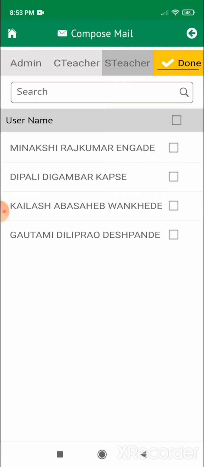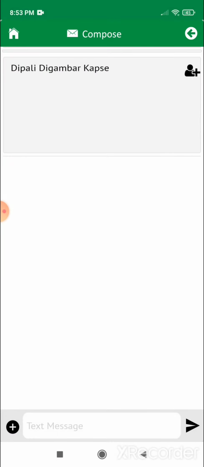Now you have to select the name of the teacher of the subject for which you are going to upload the answer sheet. Suppose you are going to upload the answer sheet of English and your English teacher is Deepali Kapse. Then you have to select Deepali Kapse. Then click on done.